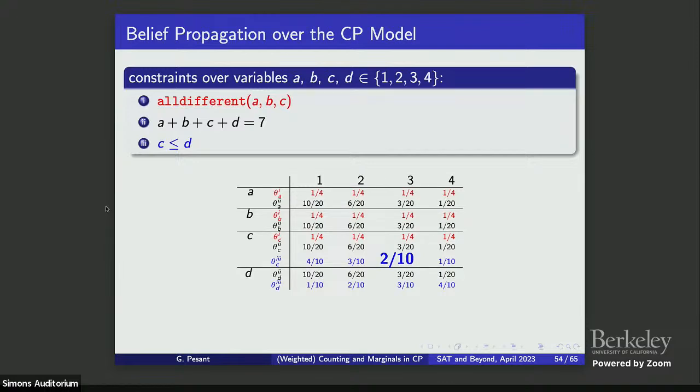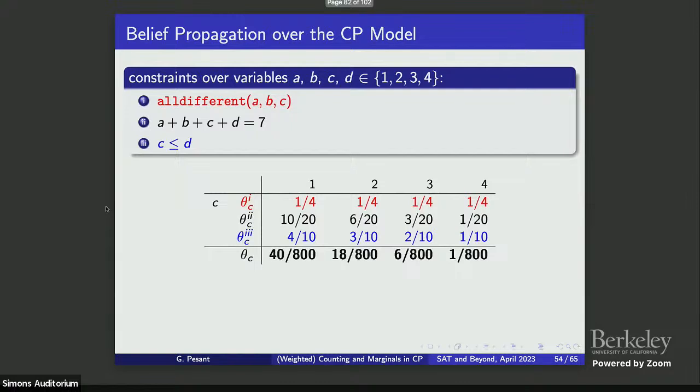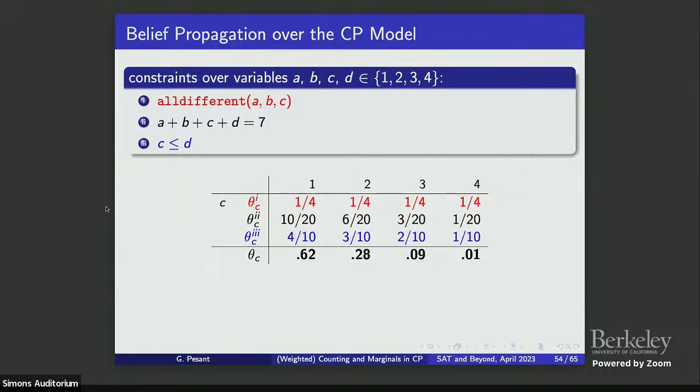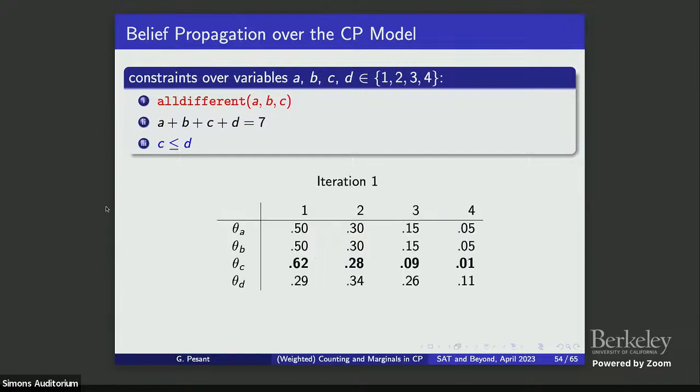So you can fill out this big table and notice that, for example, for variable D, the black constraint, the sum, says, well, value 1 is a good choice, 10 over 20, but 4 is a bad choice. The blue constraint says the opposite, 1 over 10, 4 over 10. So they may disagree. That's why you want to propagate the information and readjust. So a variable will take the point of view of each constraint, you multiply, normalize, and you get the current marginals, current beliefs as to its values. So you do that for every variable, and after one iteration, you have something like this.